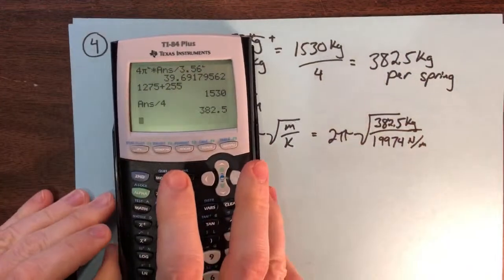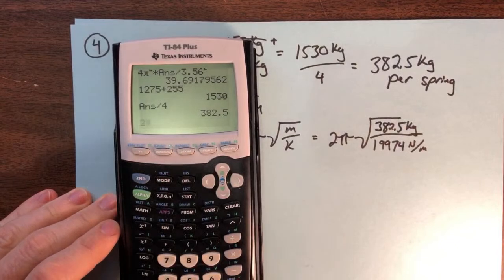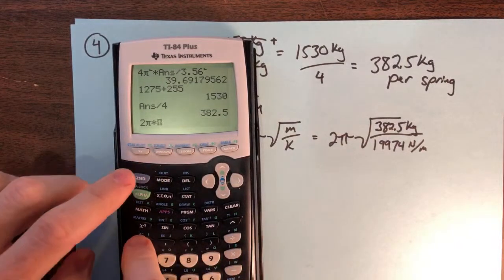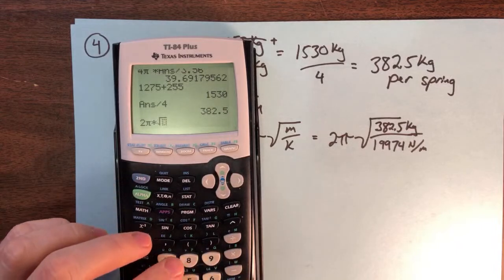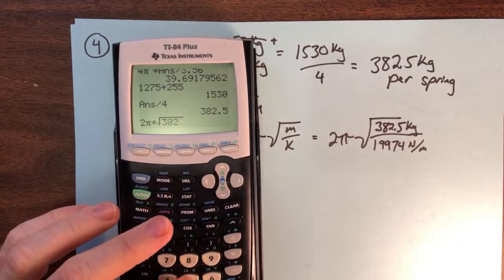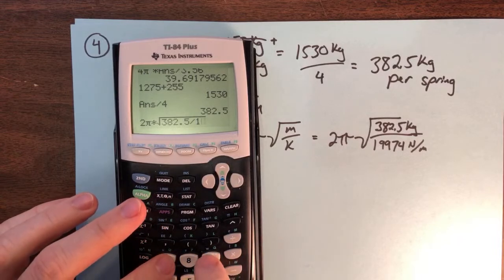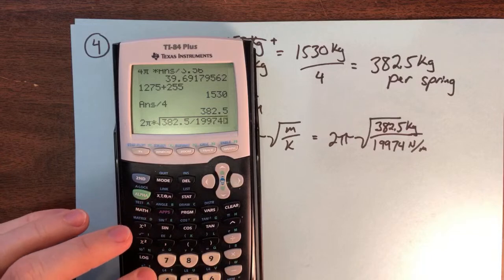So 2 pi times square root of 382.5 divided by 19974, which is